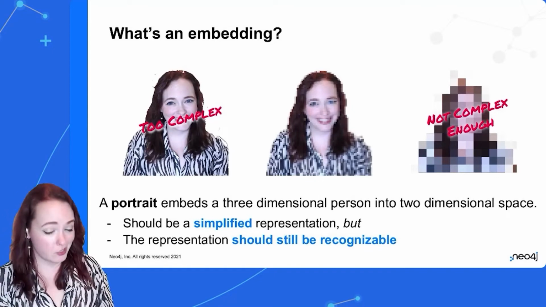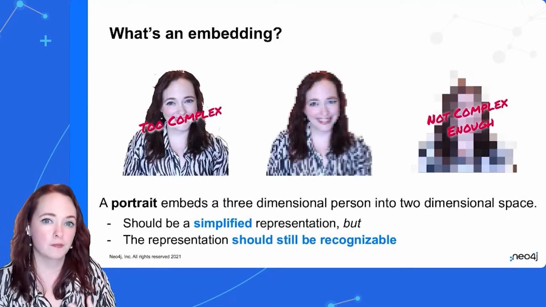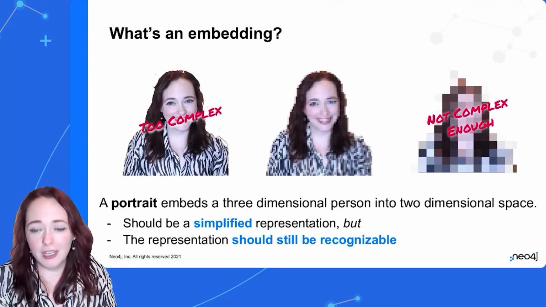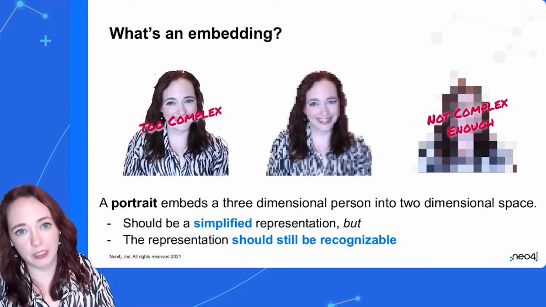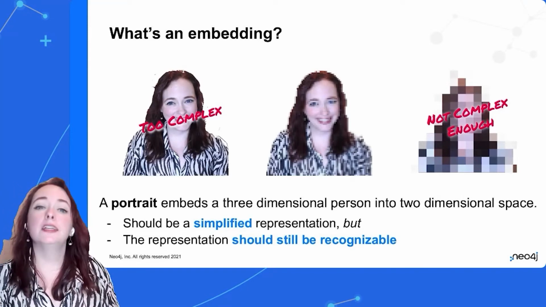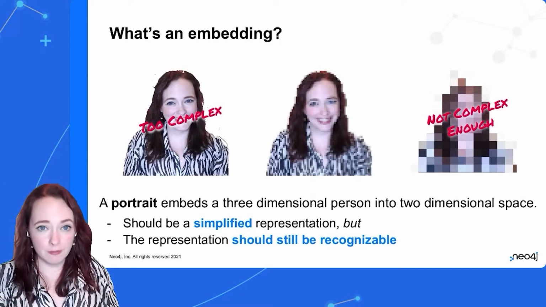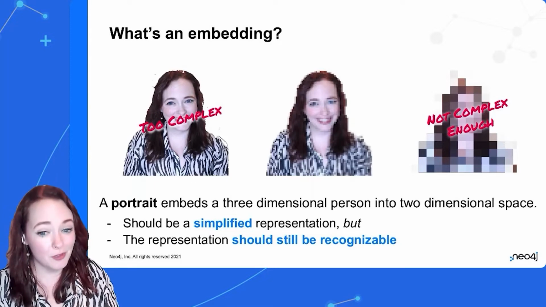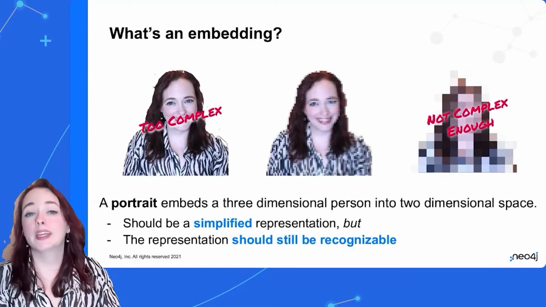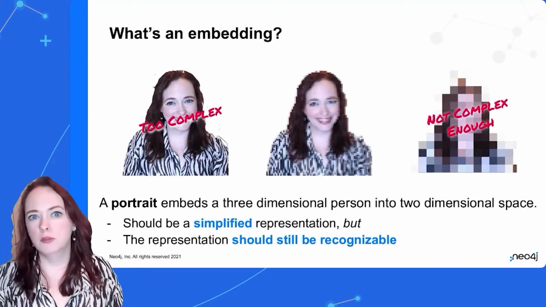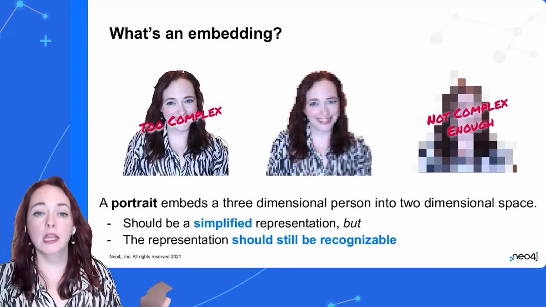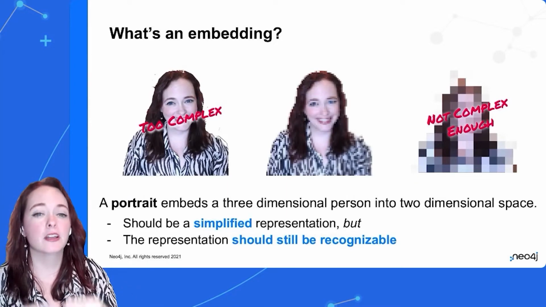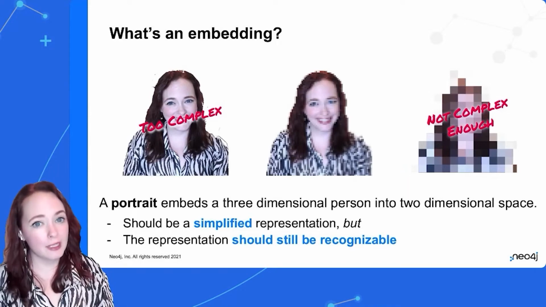There's a lot of colors, there's a lot of pixels, there's a lot of information. But the blob that's all the way on the right is probably too simplified. If I just gave you that, you wouldn't necessarily know it's a photo of me. So it's kind of like a Goldilocks problem. The best embedding is the simplified representation that is still recognizable and should still be usable. So I can take all the complication that's me talking and moving and existing in time and space, condense it into a portrait, and the best embedding, the best simplification of me is the one that's still recognizable, but is